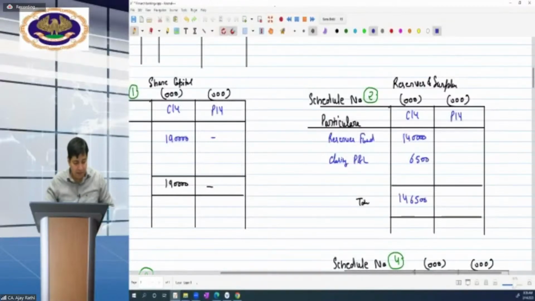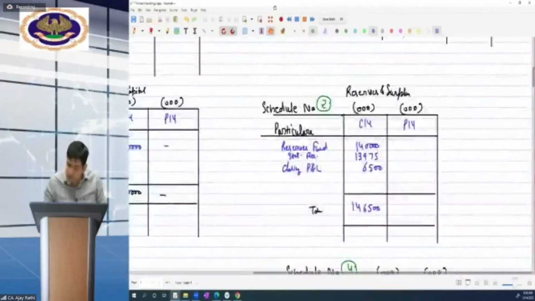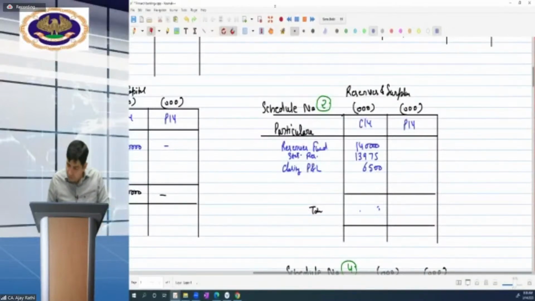1,46,500 is the reserve and surplus balance. Closing reserve and surplus. And other reserves. Sorry, SLR. Statutory reserve is also there. That must be added. That is 139,750, which we have transferred in the current year. This one has also to be added. 1,40,000 plus 139,750 plus 6,500. And then